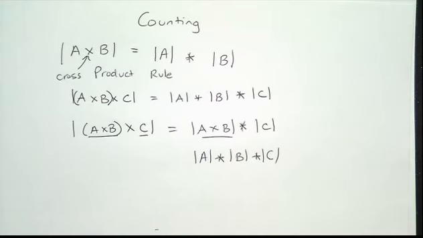Because you can have all these different options, right? So counting these actually gets pretty large pretty fast, because you can see when I have ands, so product rule means if I have an and. So if I have a situation where I have two things and they're both occurring at the same time, then